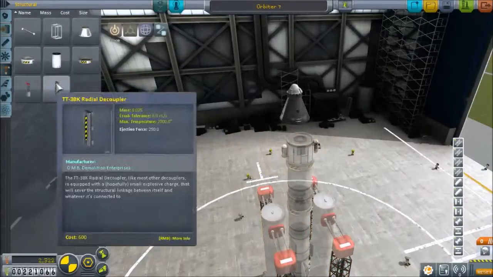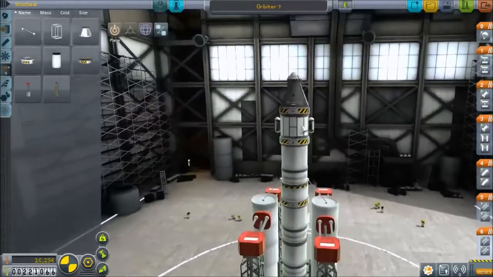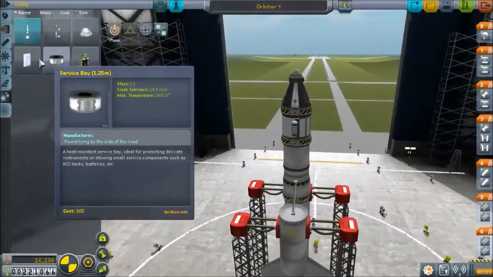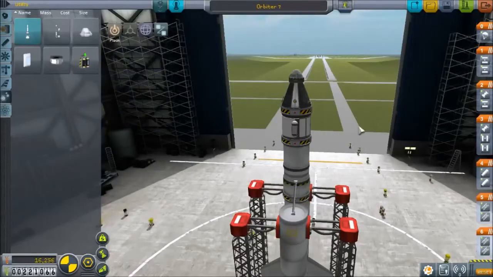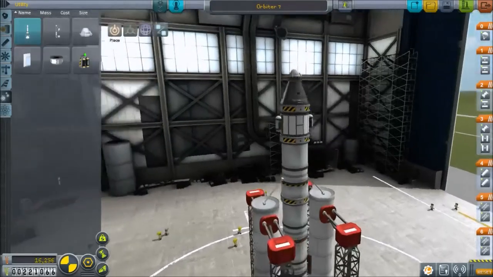Alright, I'm actually going to put on a stack decoupler here as well. Because we will just ditch this, I think. I think that's what we'll do. We will look at the science. Let's see. Is there anything else we can take with us? I think that's good. Again, we want to do science in the atmosphere, like deep in the atmosphere. So we don't want to...